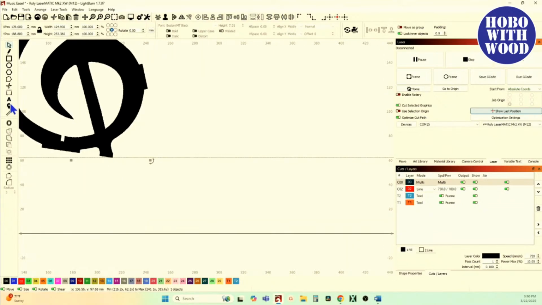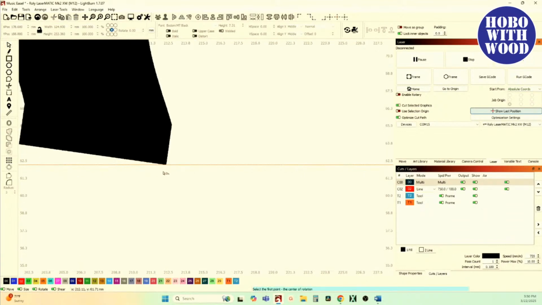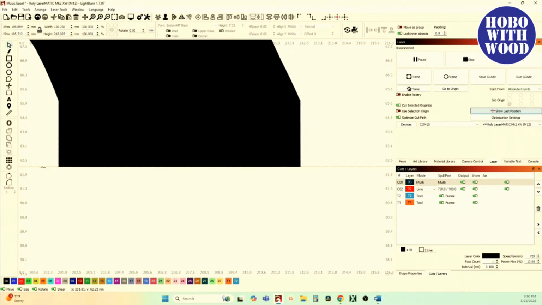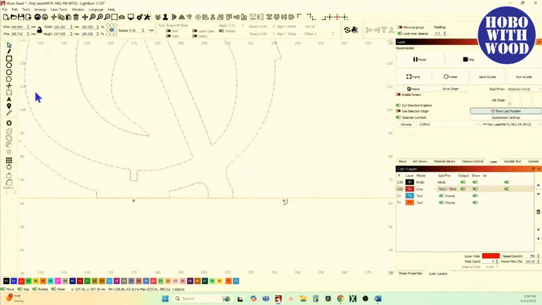And Control 2. Get that point and rotate this point to the line. There we go. All right, now that's all straight up and down. Now, if I put that in line mode and go into nodes and ungroup it,